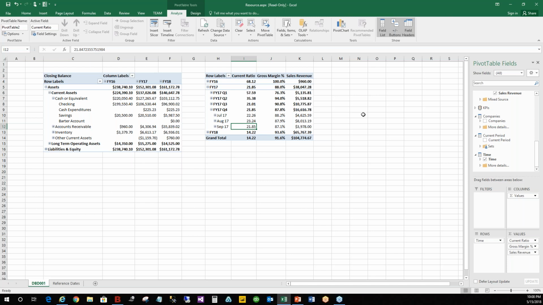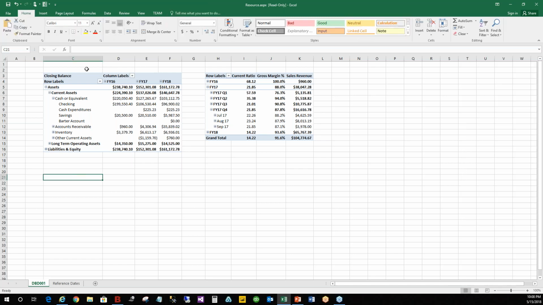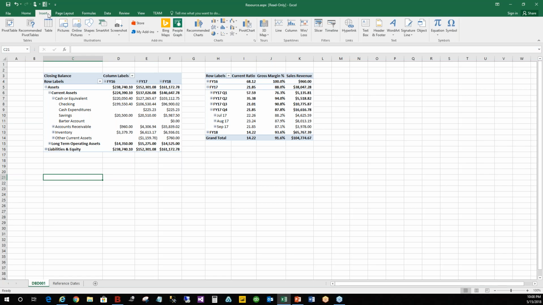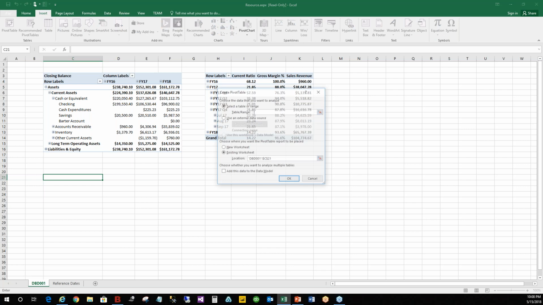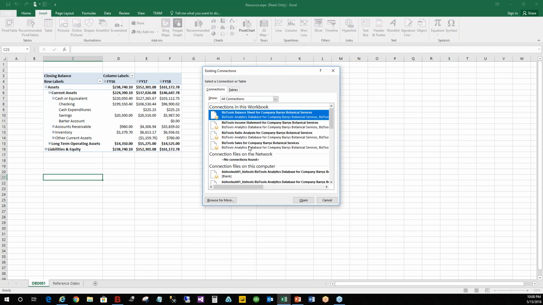This is one huge advantage of analytical modeling. You don't have to worry about the complexity of those calculations in Excel. Equally, you could insert a pivot chart, perhaps with a table. And again, we'll just use, in this case, the sales